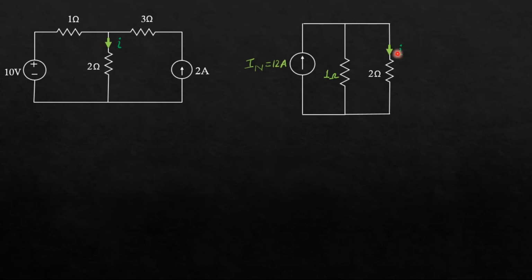Okay, now I can easily calculate this current by the current division rule. So I is equal to the total current into 1 upon (1 plus 2). Okay, that is the other branch resistance. We are calculating the current in this branch, so I will take the other branch resistance in the numerator. So 12 into 1 upon the addition of these two resistances, that is 1 plus 2, which will come out to be 12 divided by 3, which is 4 ampere.